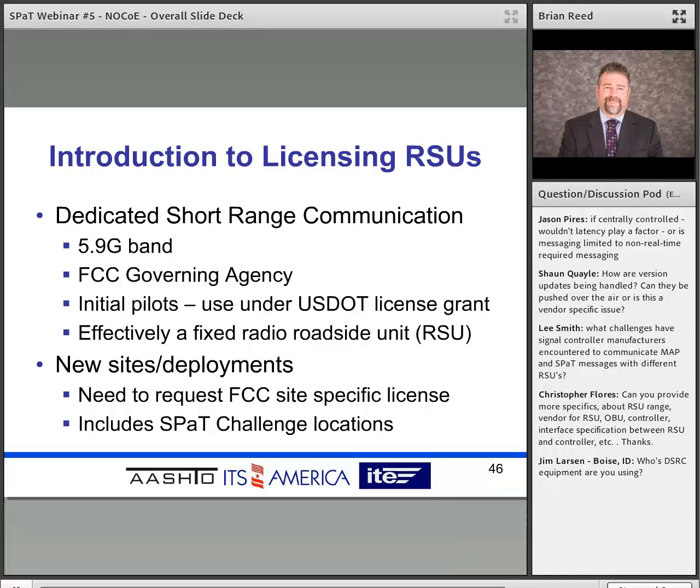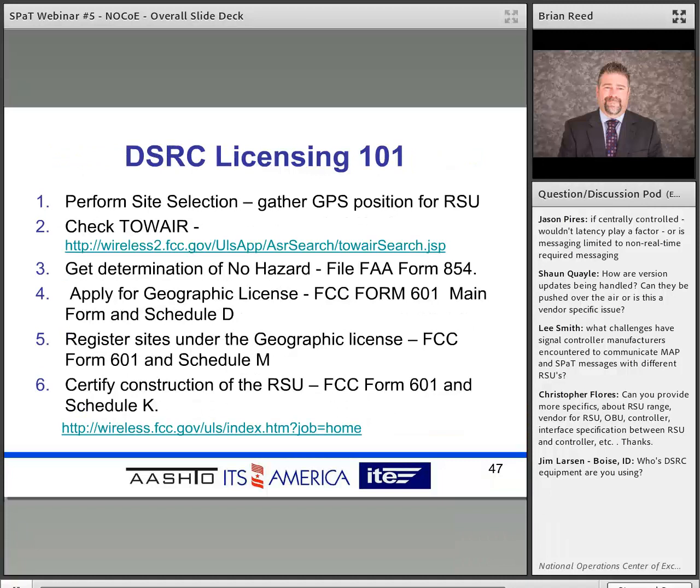on the same page, FCC is definitely the governing agency. A number of the initial pilots are using, as Raj mentioned, that blanket use FCC agreement as part of the grant to USDOT. Any new sites or new deployments, you definitely need to request those site-specific license details for FCC broadcast, and that would include any of the SPAT challenge locations that folks are looking to deploy or